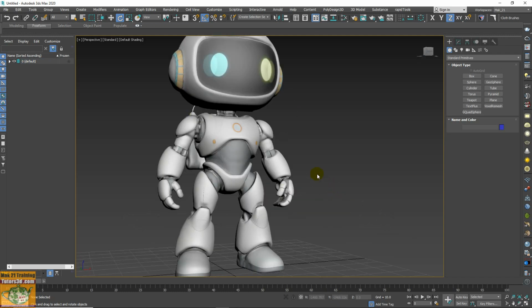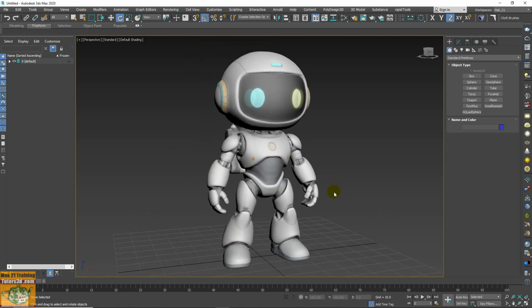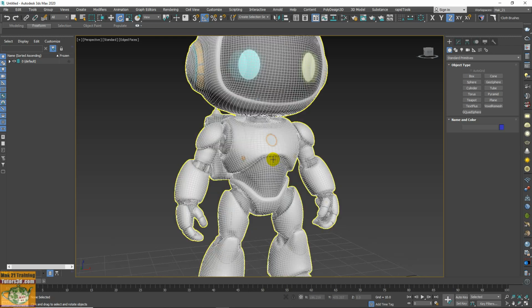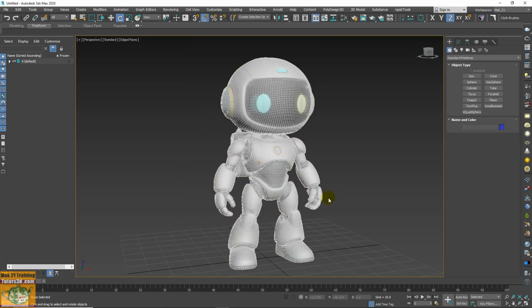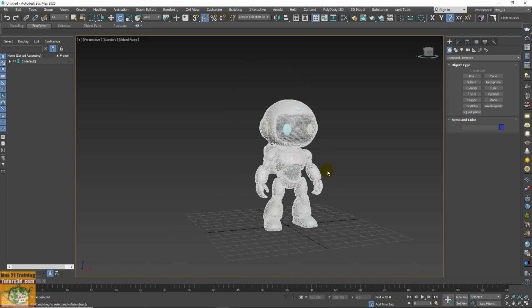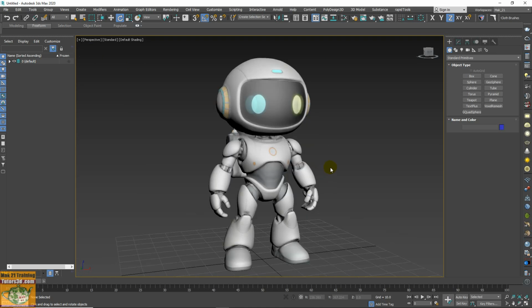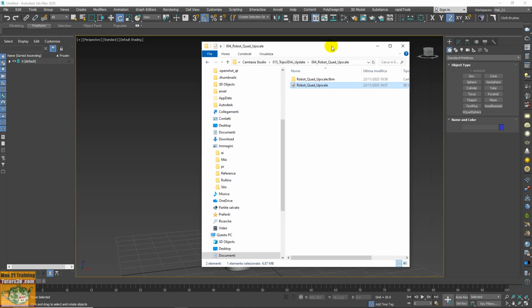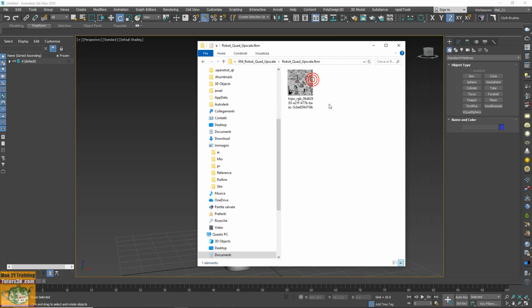We are directly here. In this case we are always on a quad subdivision because we have taken the character who had the subdivision into quads, and automatically you see that it creates this texture for me.